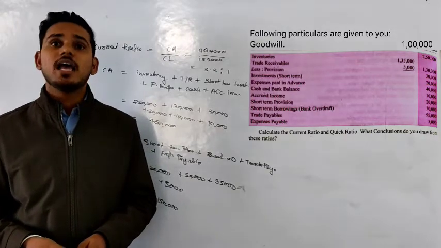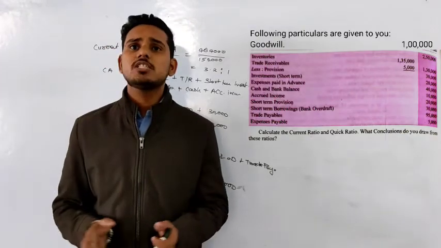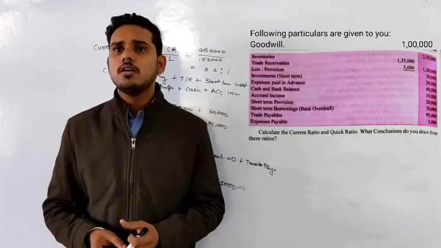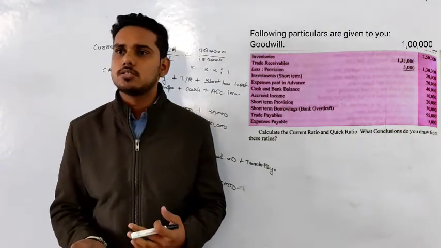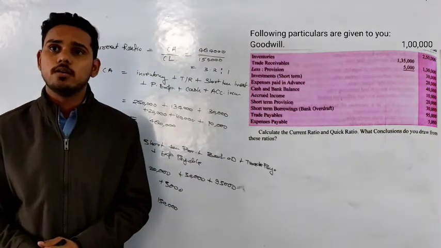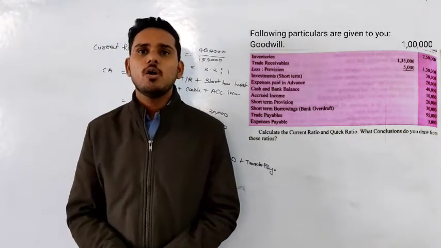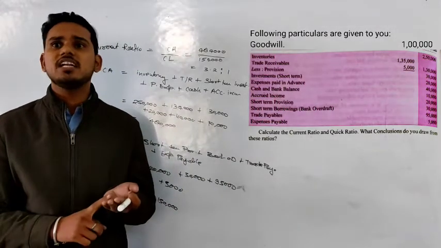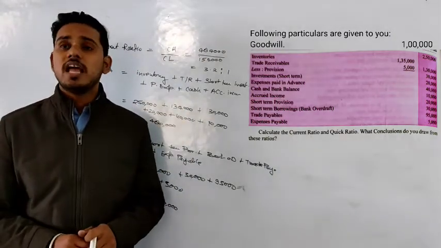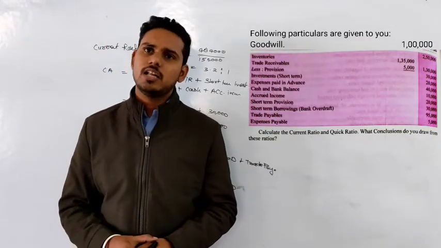Why, sir? I can say this way also. That means that there is so much stock which is lying unsold. Means your business is not very efficient in selling the stocks. That means your business is not good. One interpretation. There is one more interpretation. I can also say that in your business there are so many debtors. That's why your current asset is more, your ratio is more. And that also means that you are not able to recover money from your debtor.